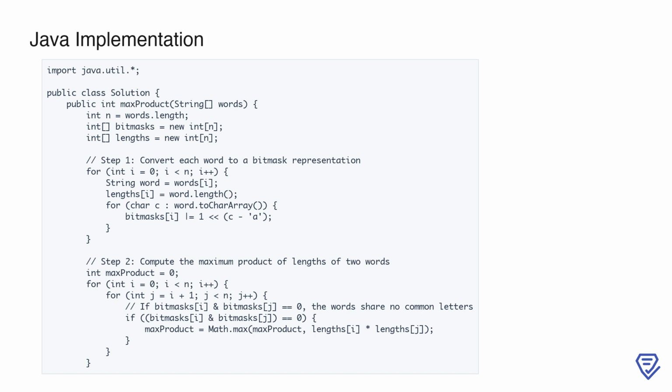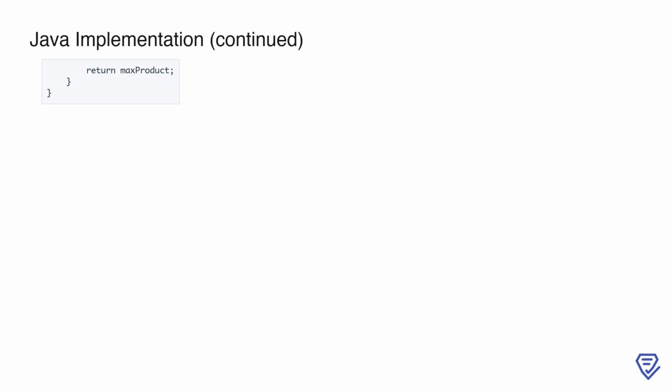Once the bitmask and lengths are computed, we proceed to the next step where we calculate the maximum product of word lengths. Now, the function continues by iterating through all pairs of words using a nested loop. For each pair of words, we check if their bitmasks have no overlapping bits using a bitwise AND operation. If the result is 0, it means the two words do not share any common letters. When this condition is satisfied, we calculate the product of their lengths and update maxProduct if this product is greater